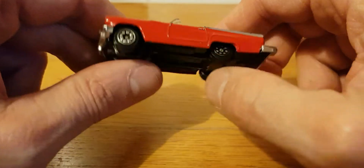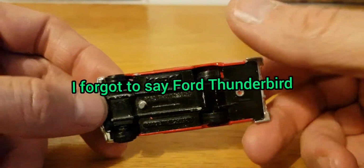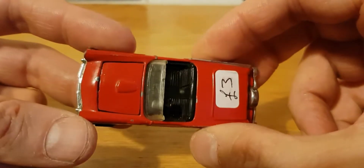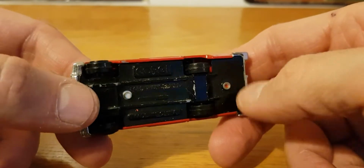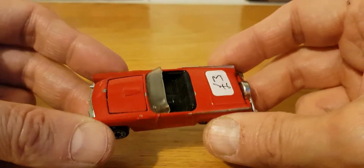And this is a toy from the TV show Vegas, I believe it was called, which I never have watched, but I did look this car up only because I don't know a massive amount about Corgi. This is from that TV show. I think the TV show aired in about 1978, 1979, so this model is probably from the early 80s, but